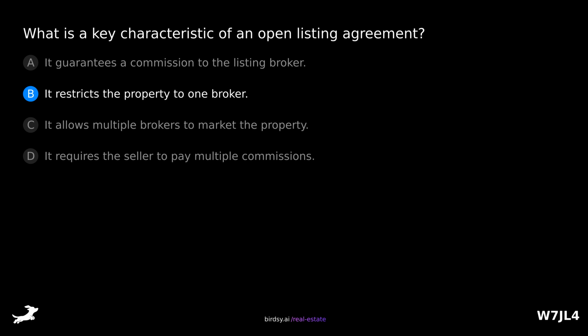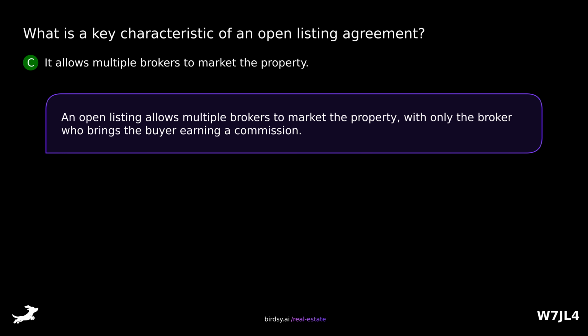B, it restricts the property to one broker? C, it allows multiple brokers to market the property? Or D, it requires the seller to pay multiple commissions? The answer is C, it allows multiple brokers to market the property. An open listing allows multiple brokers to market the property, with only the broker who brings the buyer earning a